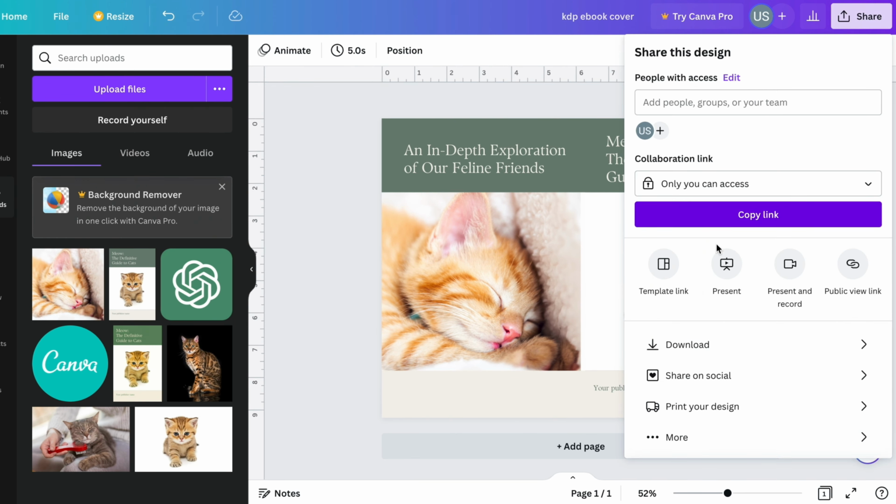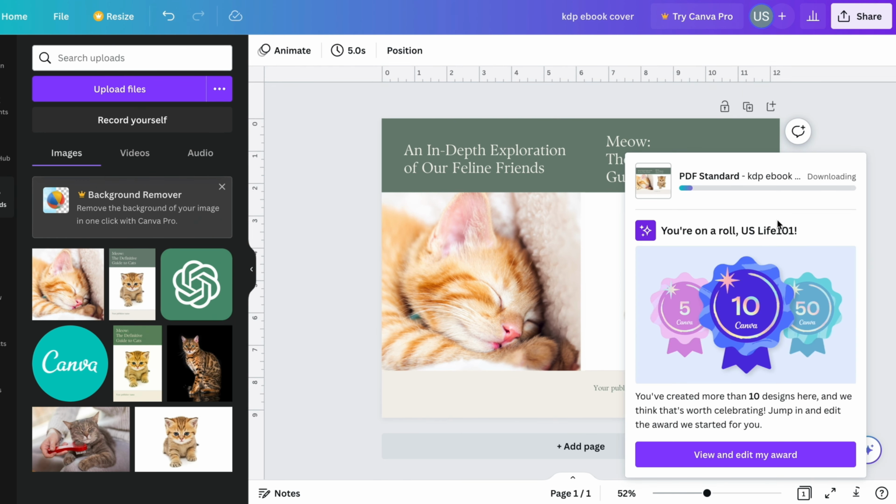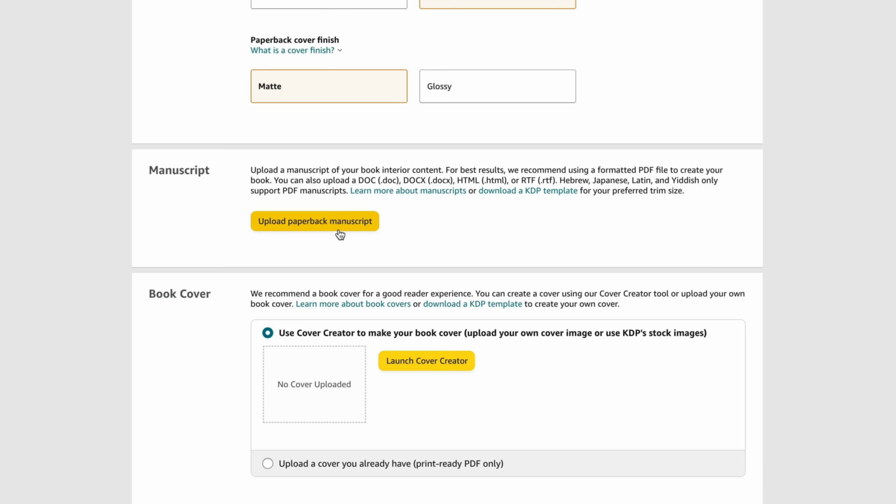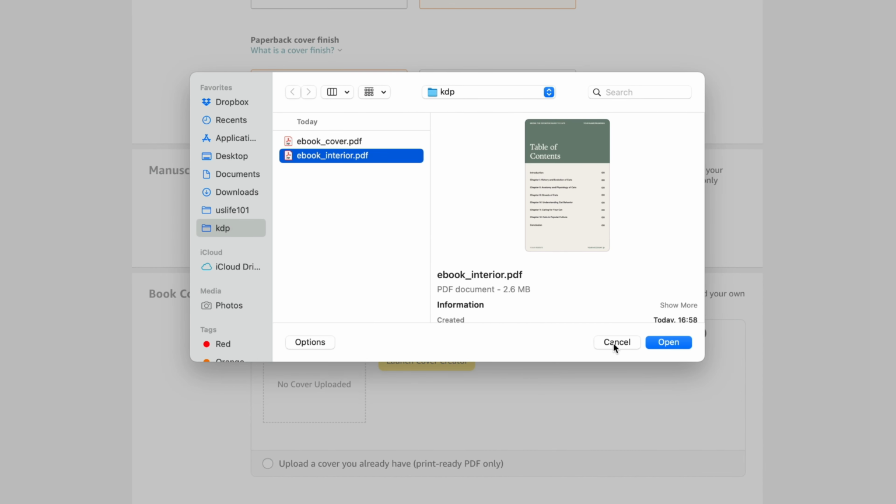Once we're done, we can download it as a PDF. Additionally, if you have BookBolt membership, you can easily create a project with certain pages in bleed option, and the book cover will be automatically configured for you. We can then upload both the interior and book cover to KDP.